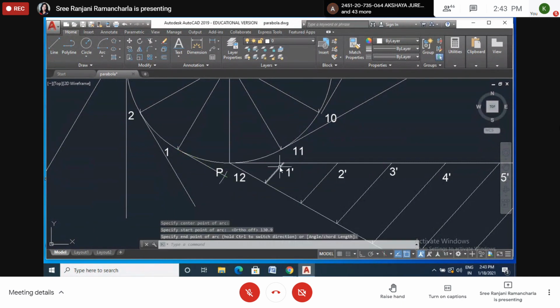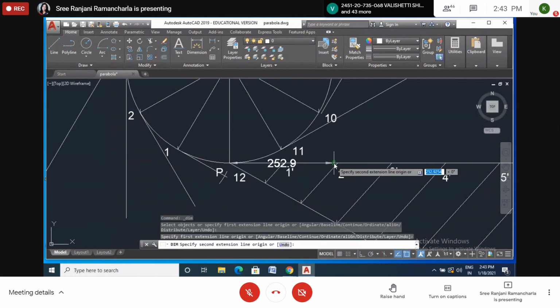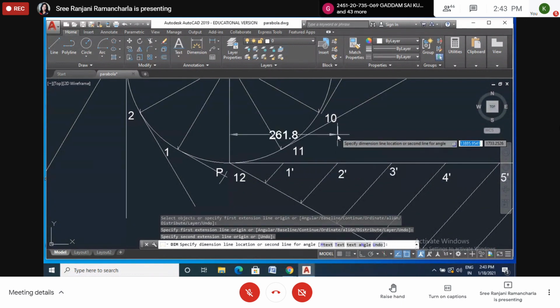Like this, right? So this becomes P1. I will write it later on. This is at this point as P1. Okay. Now again, measure with compass from P to 2 dash. How much? I'm getting 2.61, so you may be getting 2.61. So please don't measure with scale. You measure it only with compass.